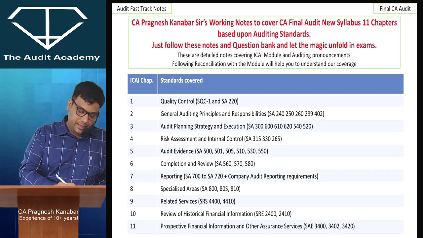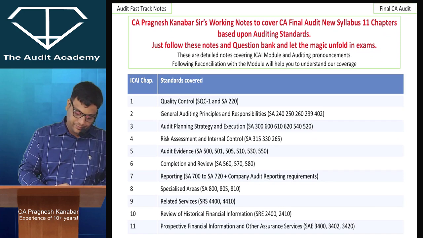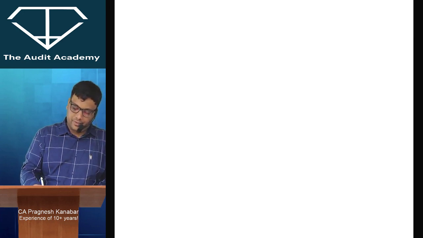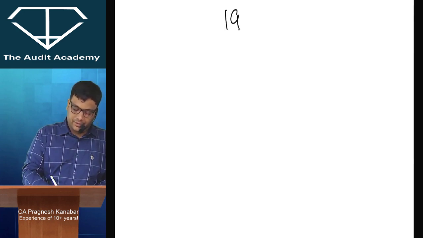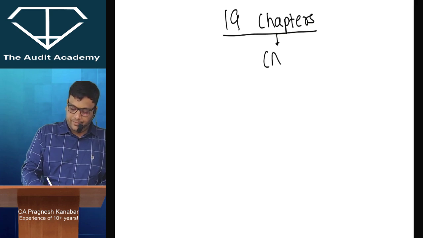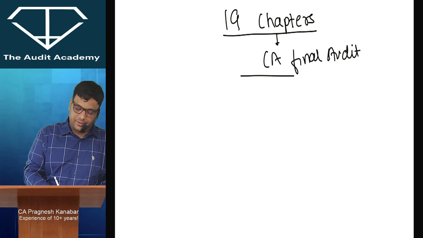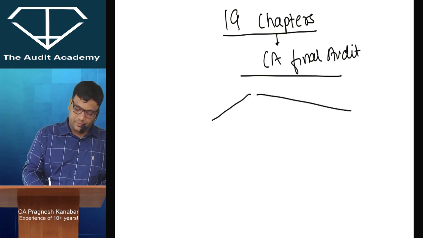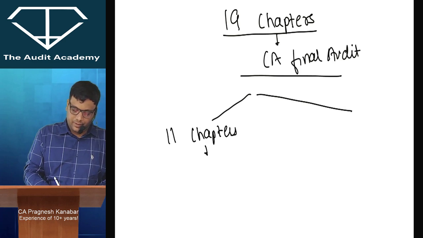Okay, I'll just create some rough work in front of you, then I'll show the books and stuff. Alright, so you have a total of 19 chapters in CA Final Audit. Out of these 19 chapters, 11 chapters are based upon